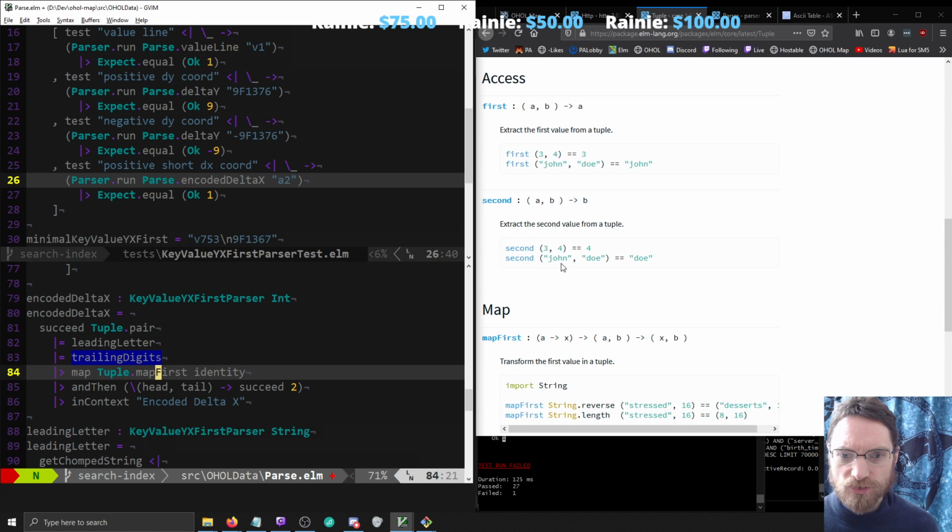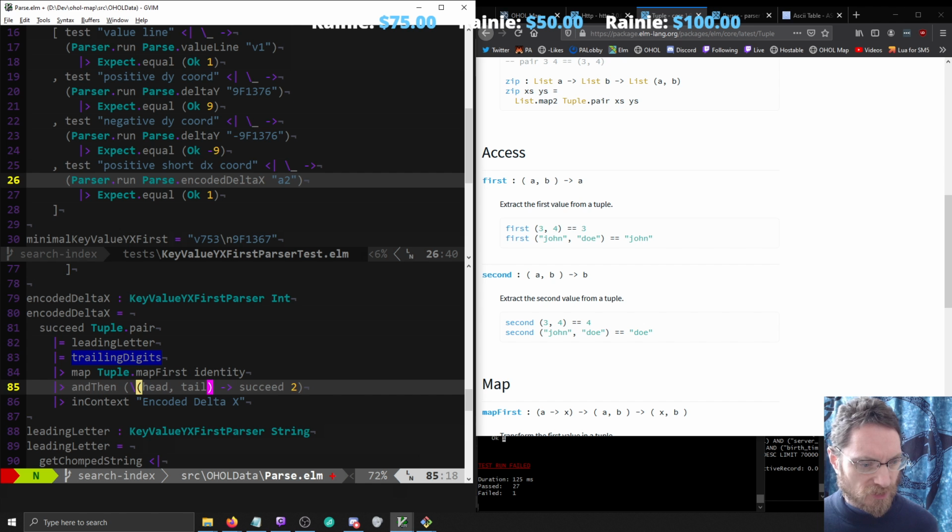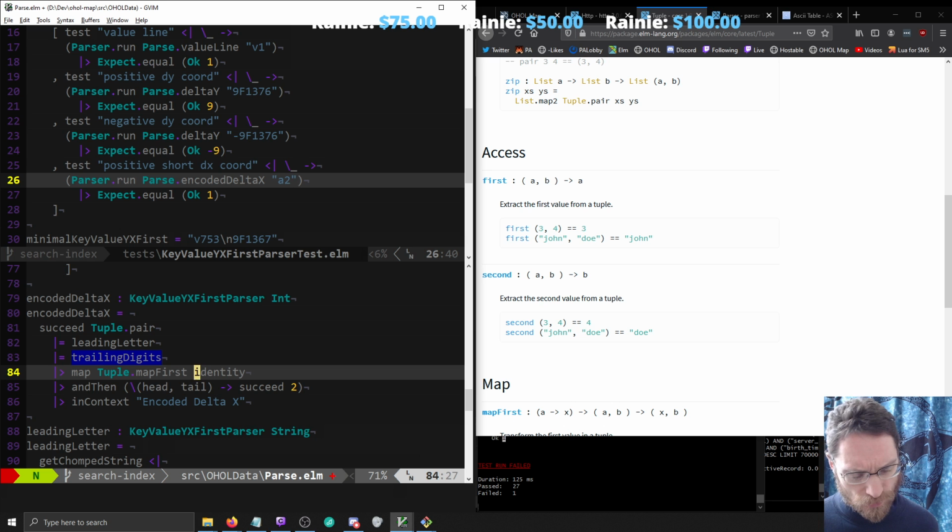I don't think there's anything that just gives us the unpacked version, so that actually becomes this, which once they're both strings, actually they are both strings, but once they're both numeric strings,